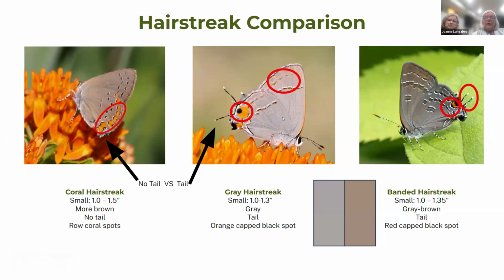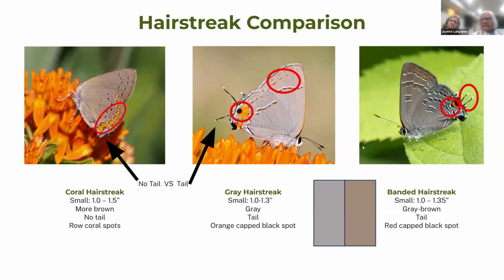I mean, it looks so different from the gray hairstreak. Gray hairstreak's gray. It has this eye spot with the orange and it has these lines that separate it out. What's cool with them, when it's feeding, these tails move back and forth. And birds think that that's its head because you look, okay, here's antennas by the eyes. Here are the eyes. Ooh, this part's easier to get. I'll make a snatch for it. Well, birds may get it, and you'll see butterflies with parts of their wings missing, and they can still fly. So this hairstreak, even though a bird nipped it, it can still fly off and do what it has to do.